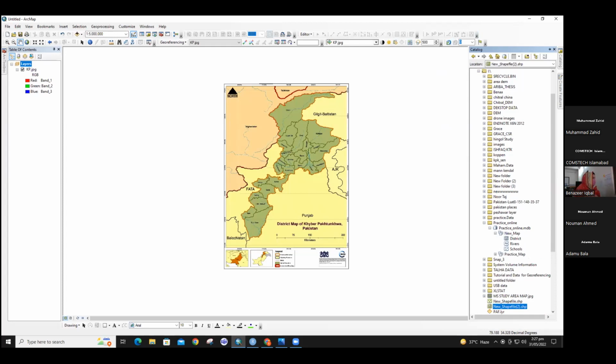So today I'll show you that we have another option for creating the feature class. We can name it a shapefile. Actually, shapefile and feature class are similar things. Shapefile was the old name of feature class, which was used in ArcView or ArcMap when it was discovered. So both in feature class and shapefile,